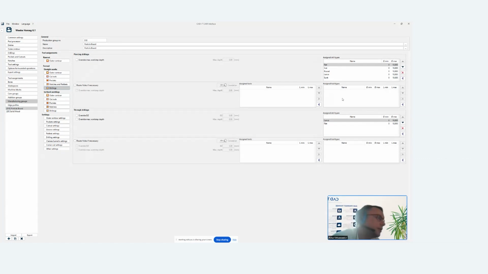Then you've got a possibility to apply the tool as a router cutter, and it will route the hole with that certain diameter provided on the drawing, and the system will generate a routing instead of drillings. Okay,